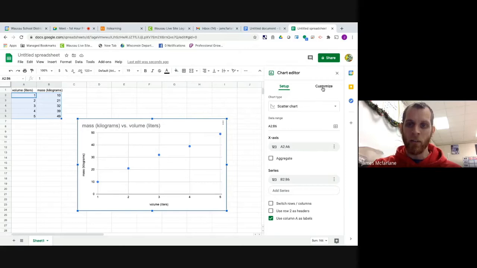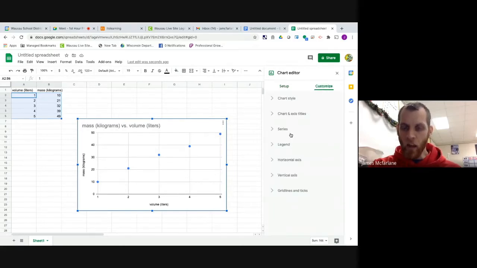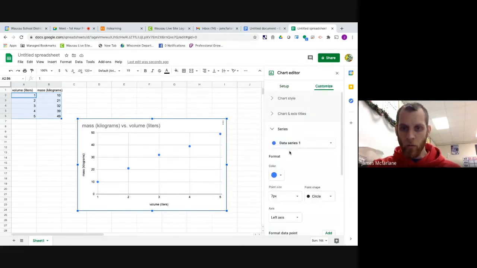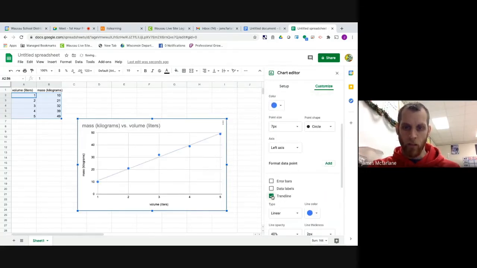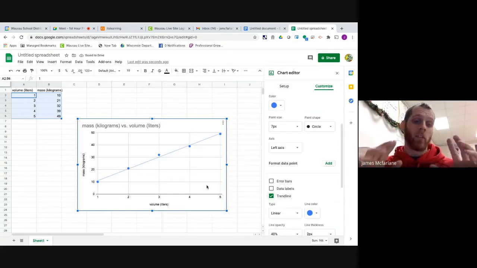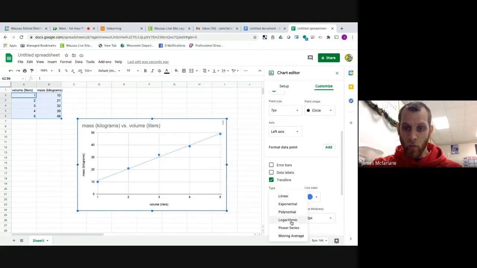I want to customize this chart. I want to put in some information. So I'm going to go to Series under Customization, and I'm going to put in a trend line. Click on Trend Line. Now, don't automatically assume it's linear. It might not be. You might have to play around with some of these other functions and see which one